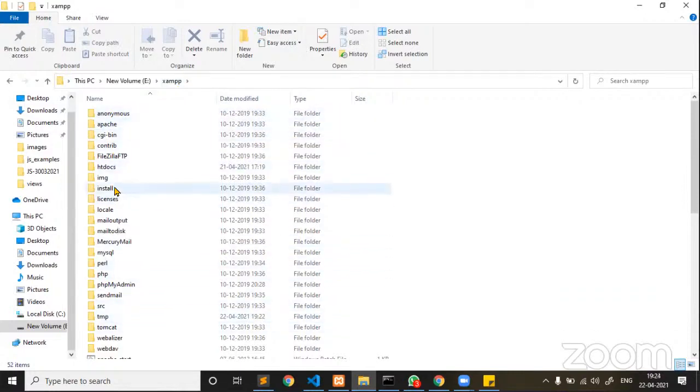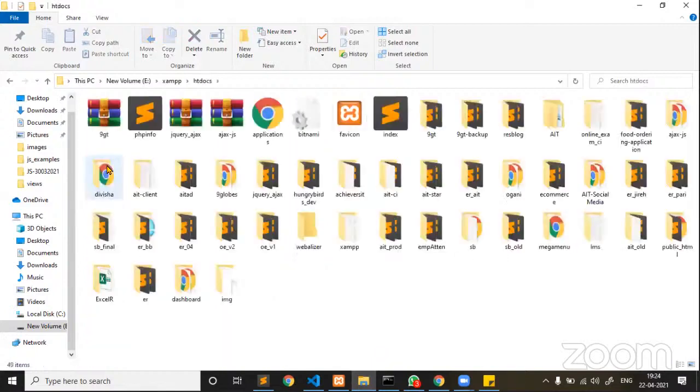Make sure that your program, your project, or your example is placed inside htdocs. This is the right folder to place all your server side, client, server, and database related logic. That is how XAMPP gives an option for all the people. Now inside htdocs, you see here we have created many projects.